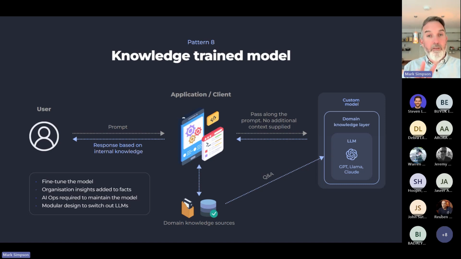Now, obviously, at that stage, you want to be hosting this yourself. You want to be upgrading that yourself. You want to be testing that yourself. So you've got to start thinking about AI ops and how you're going to maintain that model and roll it out. But the activities you're doing are the same as the other 7 patterns. You're just training it with questions and answers from those different artifacts from those patterns. So now you've got this model. You can roll that out for all of your use cases and allow users to take that simple prompting model that we had in pattern 1 to just interact with it.